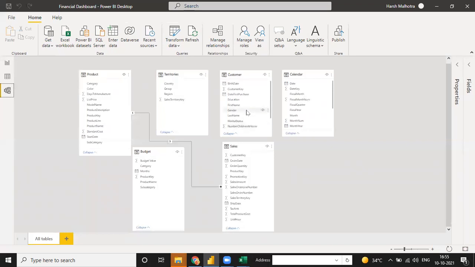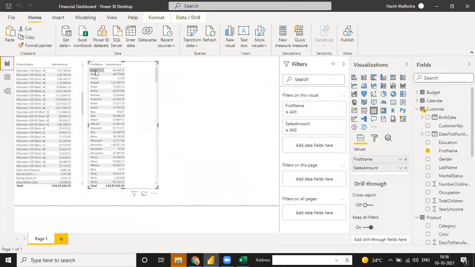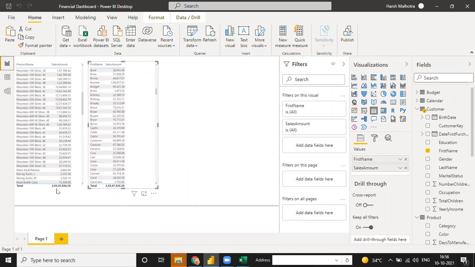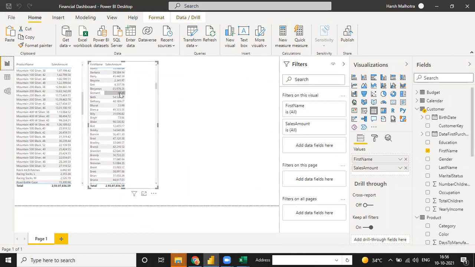We have a customer key here, and we have a customer key here. So when you select the customer key to customer key relationship, the changes will be different in your visualization. See, for every person your value will change. The total sale value is the same, but for every product it is different and for every person it is different.